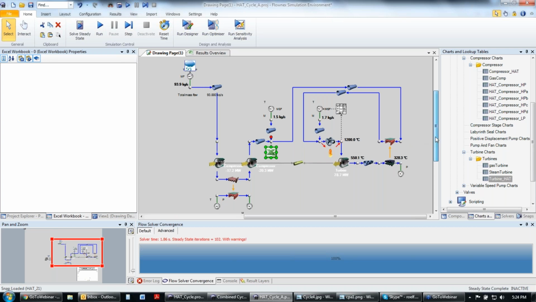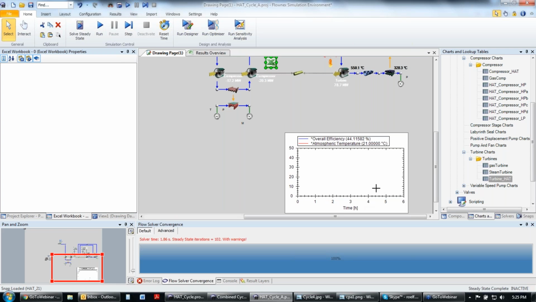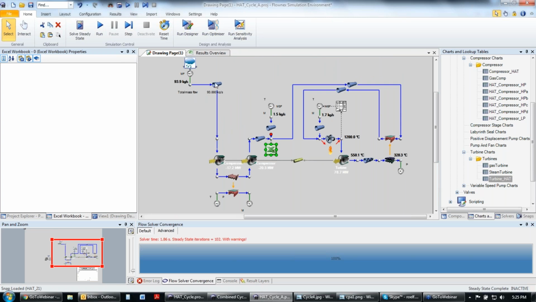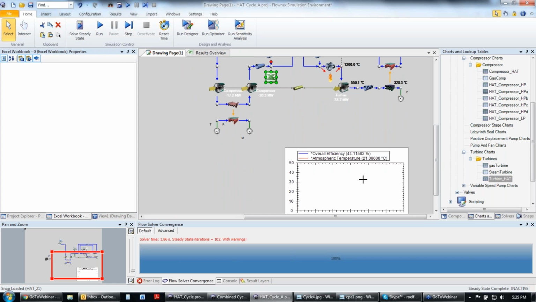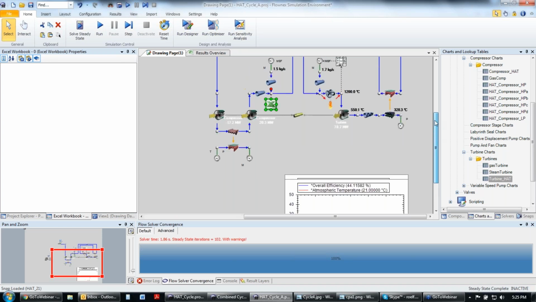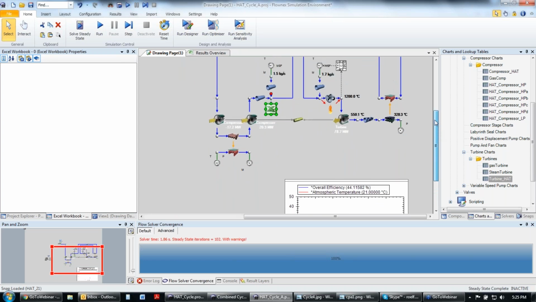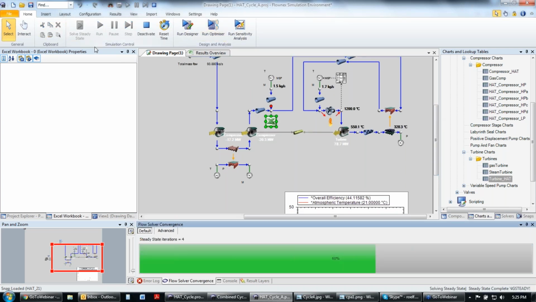I'm going to create a transient analysis now, a dynamic analysis, and you can see a graph that will go over time. What I'm going to do with this is change the atmospheric temperature, the temperature that comes in at this point, and then we'll see its influence on the efficiency. Now remember, as I said earlier, this is just an arbitrary system, so you will see that the efficiencies are quite low for a humid air turbine cycle, but that's not the focus. The focus is the capabilities of Flownex that allow you to create these networks and investigate them. I'll just create a steady state solve again,